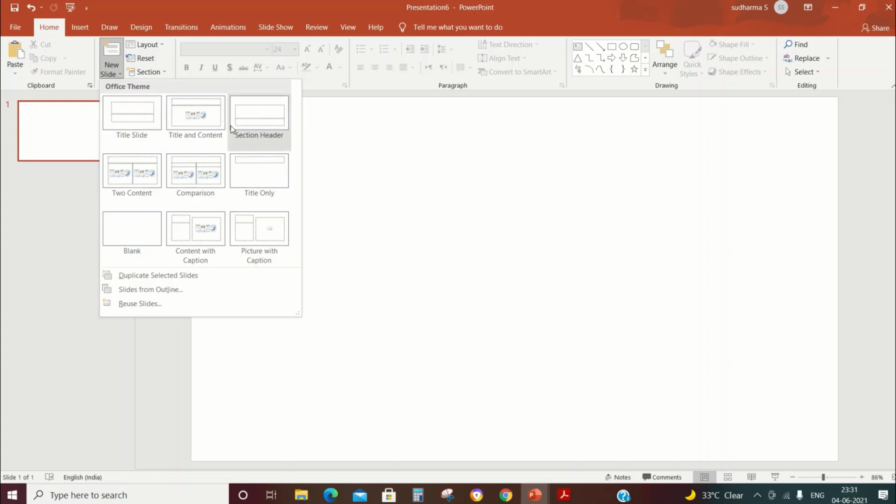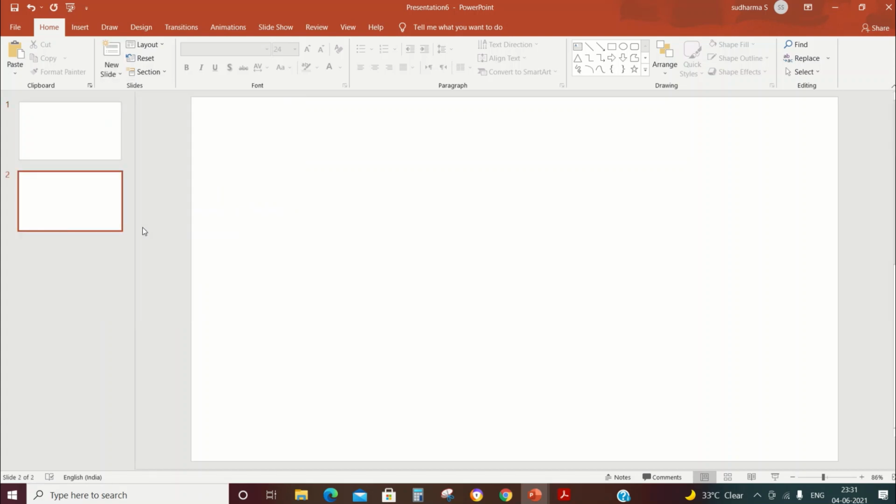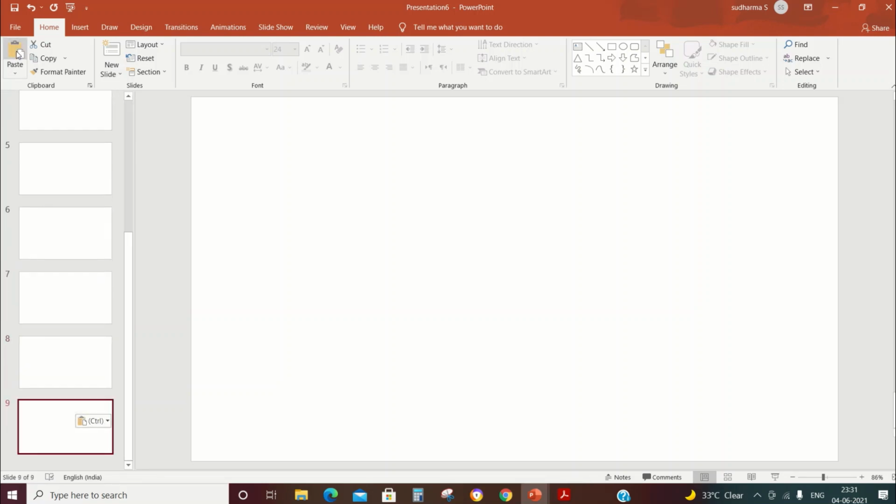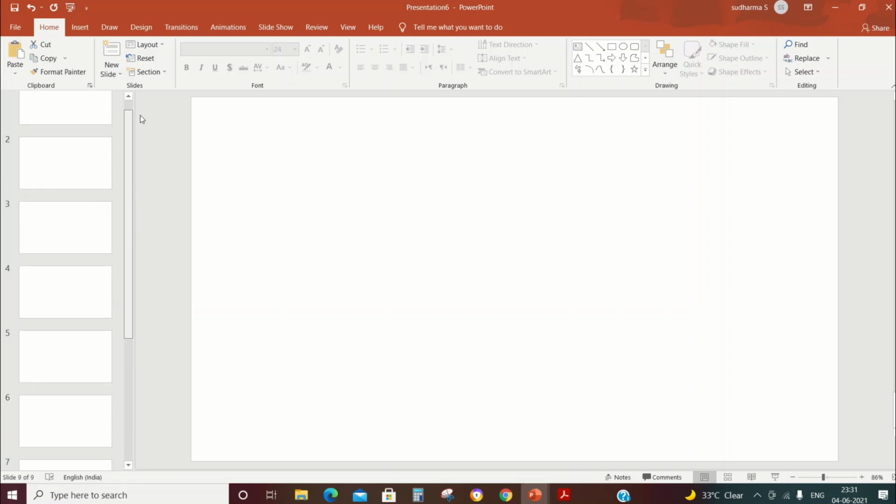You will see a lot of templates here. You can check and click whichever template is required for your classes. As I already said, my preference is to choose the blank slide and make the changes as and when required. You can again add a new slide through this method. Another method to add a new slide is to click on this slide, click copy, paste. This process makes it faster. Click again, click again, click again. You can add as many pages as required.